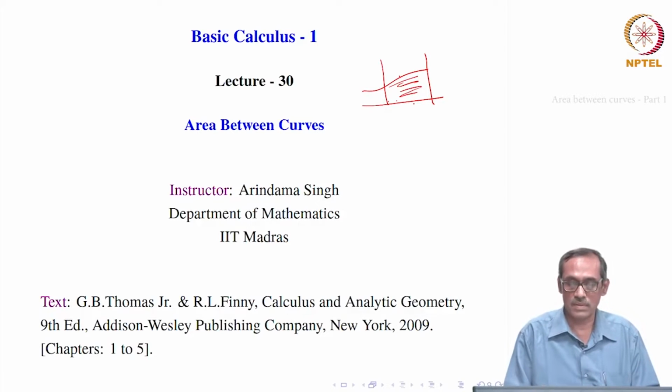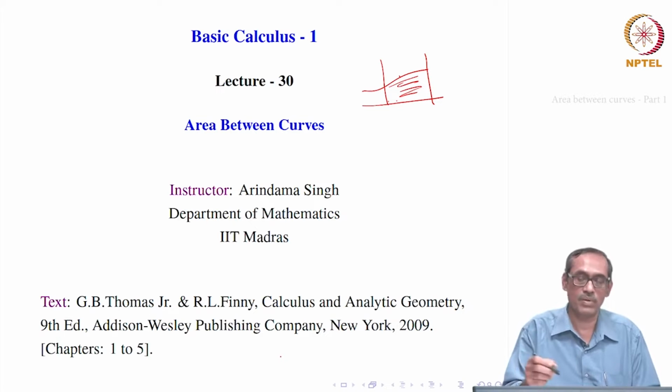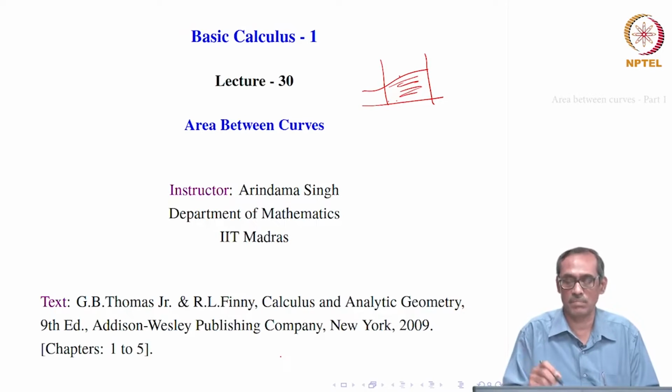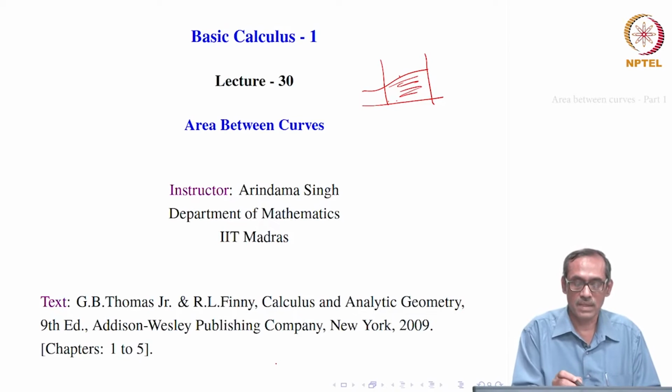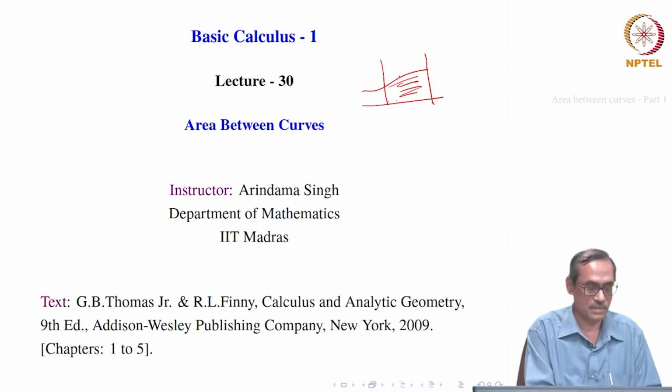So, now we turn it around, we take different kinds of areas, another particular type of area which is not of this type, but it is bounded between two curves and some lines. Then how to compute those areas? Now that we have the fundamental theorem of calculus, we know how to integrate some of the functions. Then we use those techniques and express these new types of area as definite integrals and evaluate the definite integrals for computing the area. That is what we will be doing. So, we will be talking about area between curves.